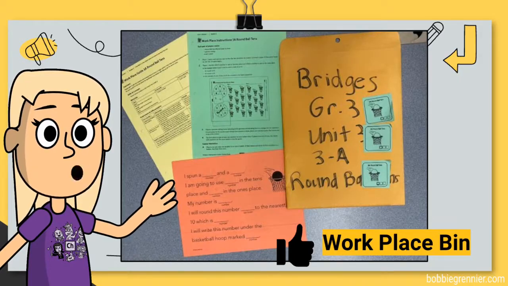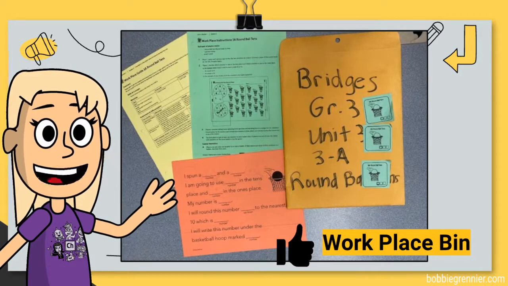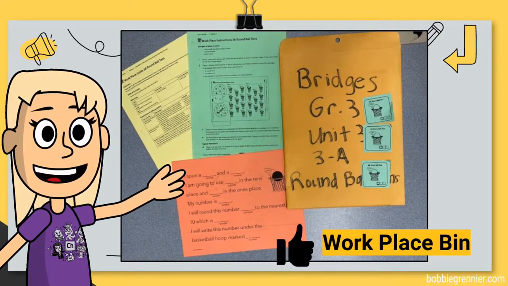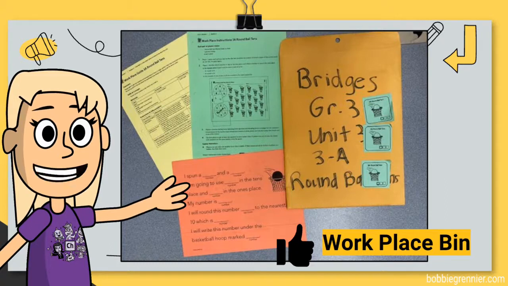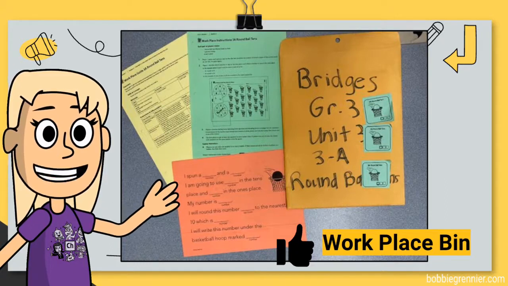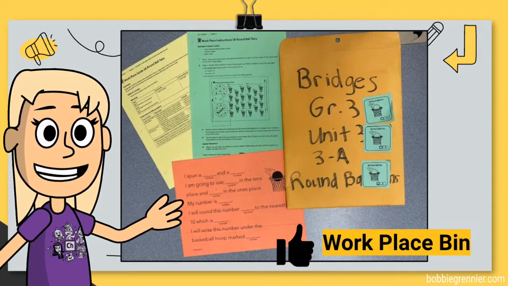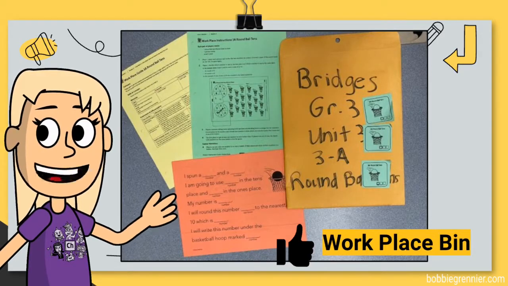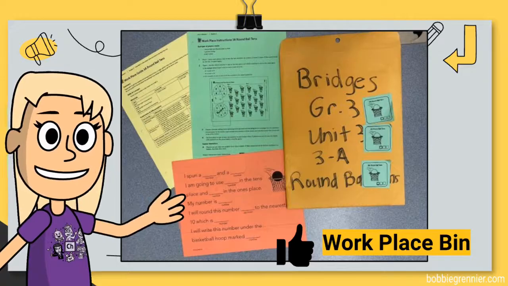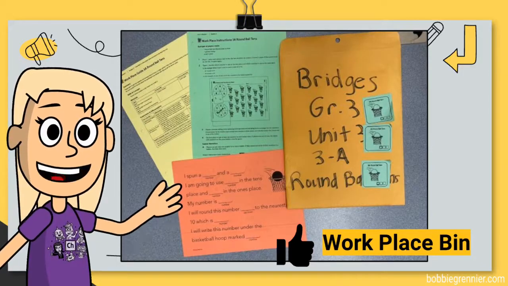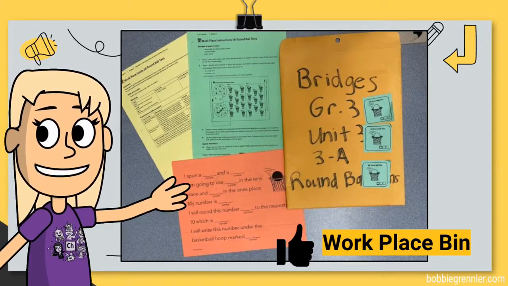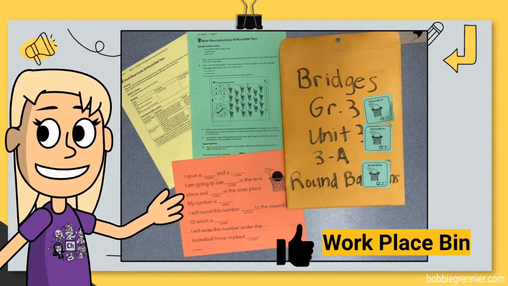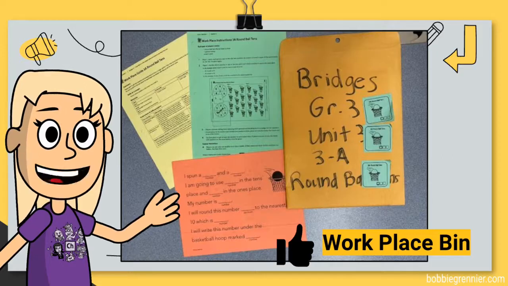that'll follow this one. But see how I took the envelope over here and I labeled it Bridges, Grade 3, Unit 3. The game is 3A, and the name of the game. And you don't have to necessarily have the name, but it's kind of helpful because it corresponds to the information that's inside your Bridges. So the cool part about this is next year when I go to put this game together, I've already got it all ready to go